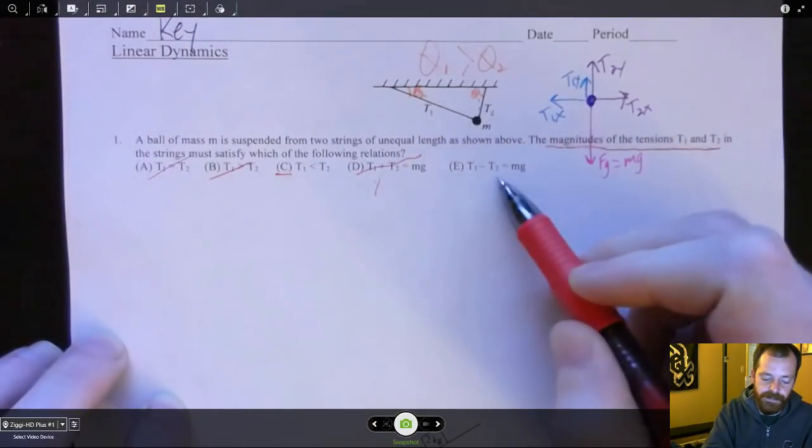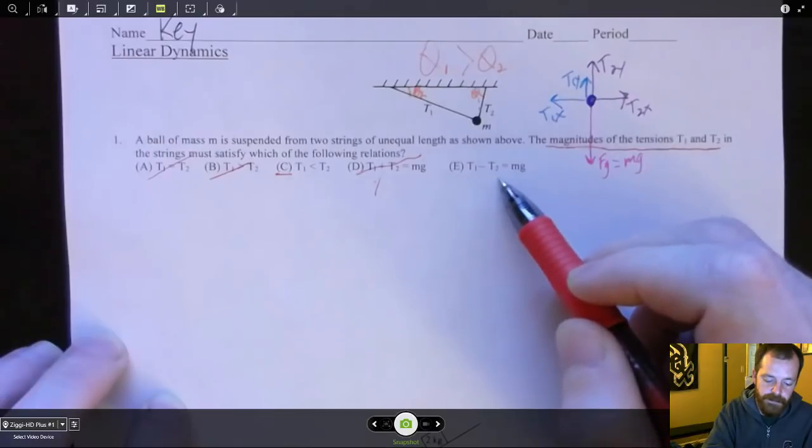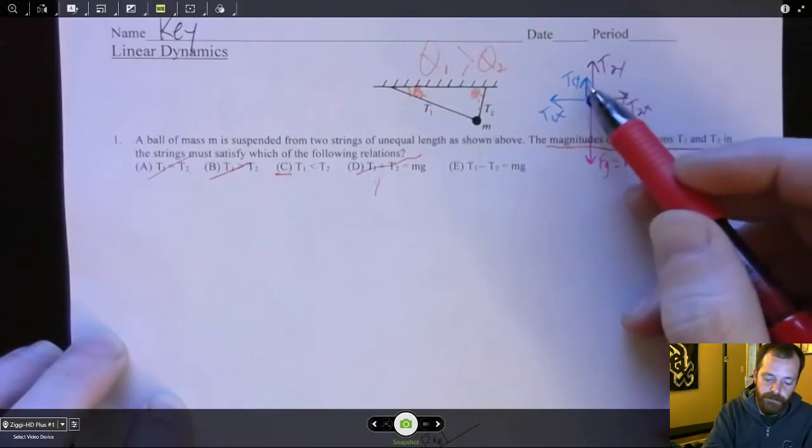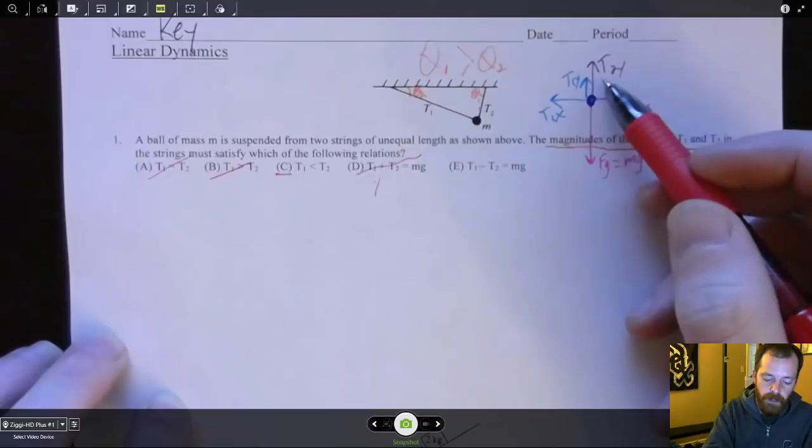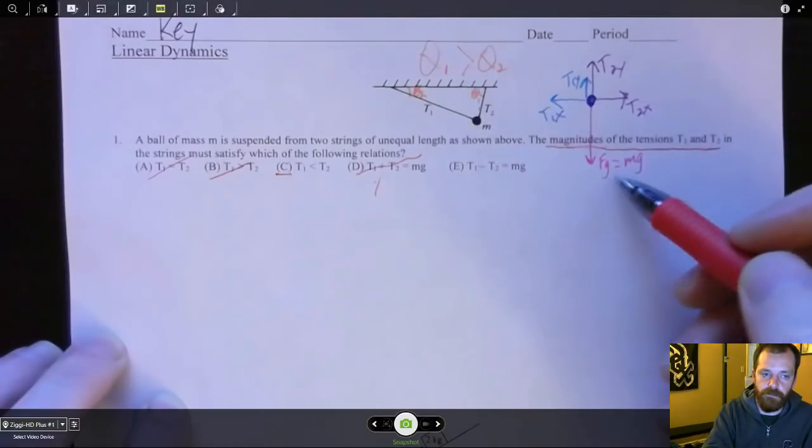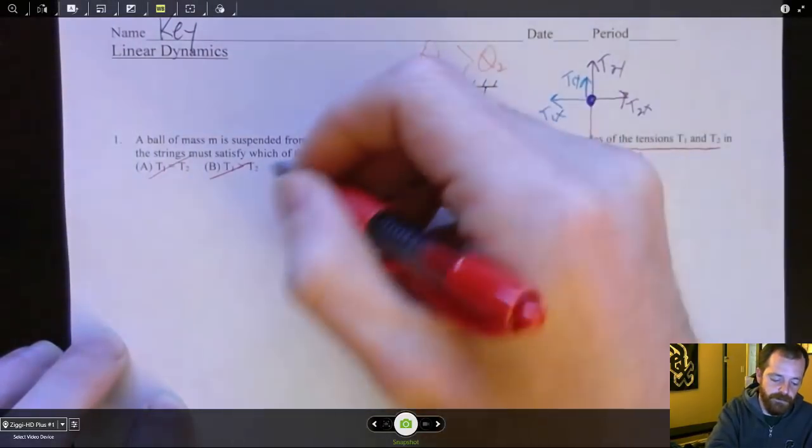And then this one definitely does not make sense. T1 minus T2 is equal to mg. Absolutely not, right? If I subtracted these two, I'd get a much smaller value than the force of gravity. So that's not true. The answer choice has to be